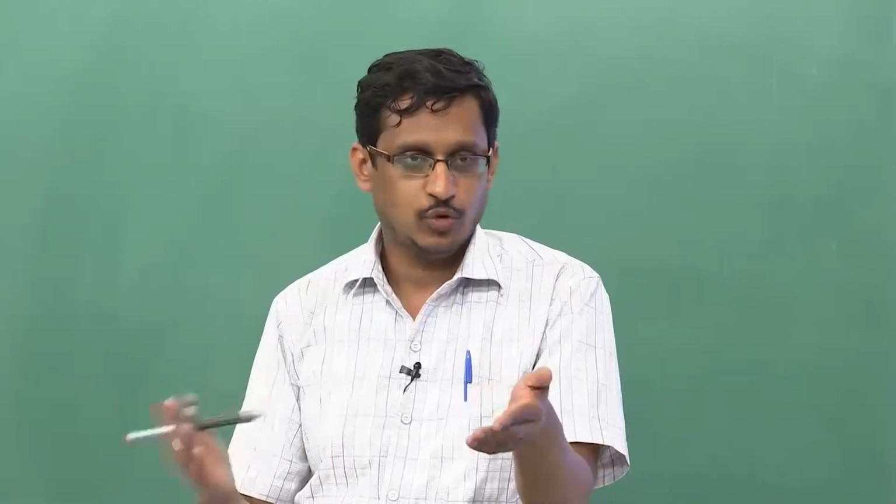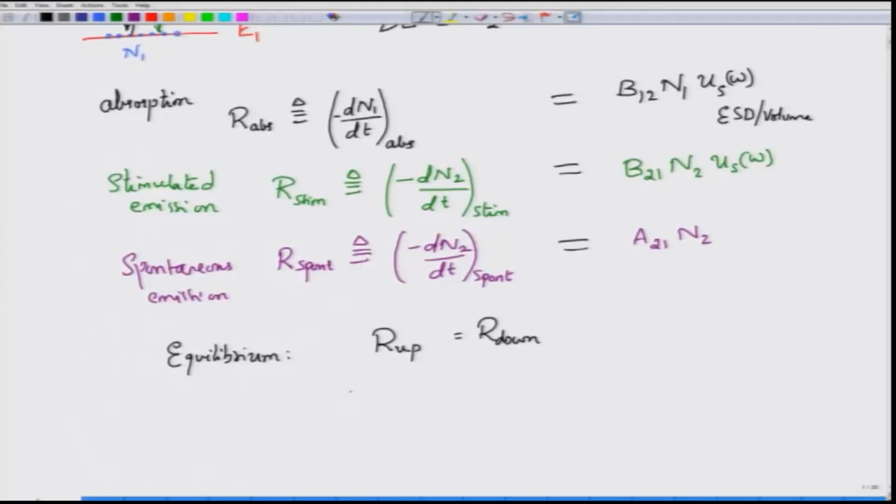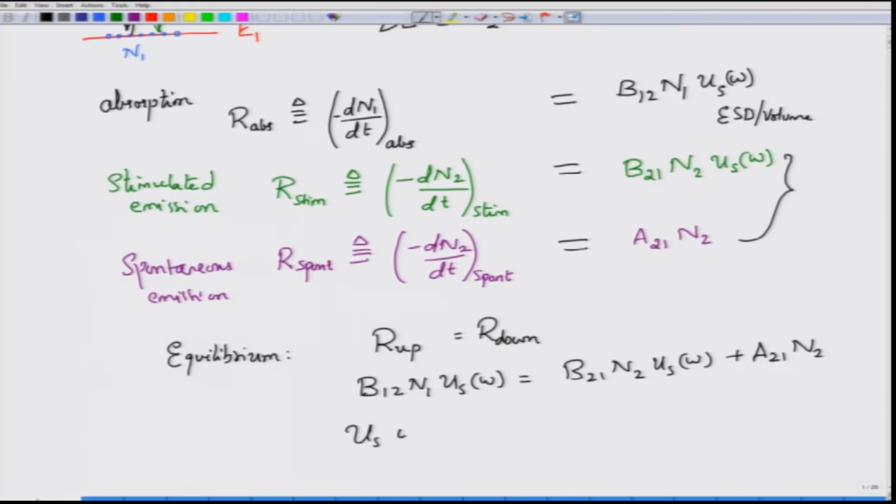So, you combine both and put them on the left hand and the right hand side. So, you get upward transition as B12 N1 U_S of omega, that must be equal to the downward transitions, which becomes the sum of these two, right. So, you have B21 N2 U_S of omega plus A21 N2,